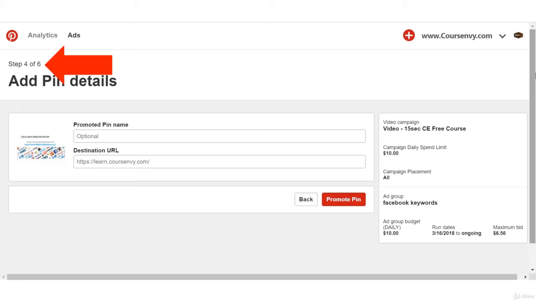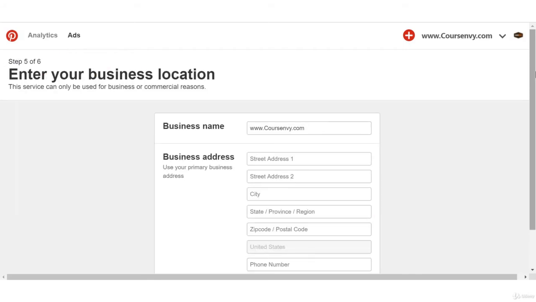It is just 4 steps to create a promoted pin. But because this is a new business account, the first time you will have 2 extra steps, which is just setting up your billing account. So just fill out your business billing info. If you don't have a business name or website registered officially yet,